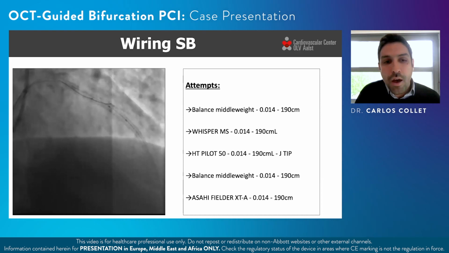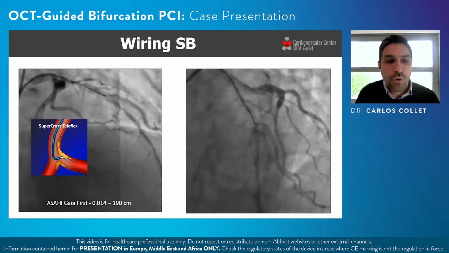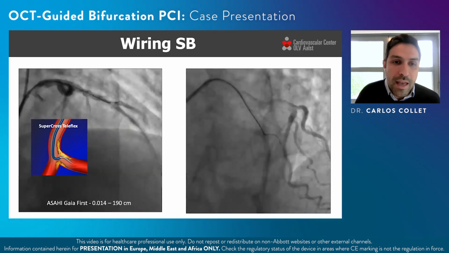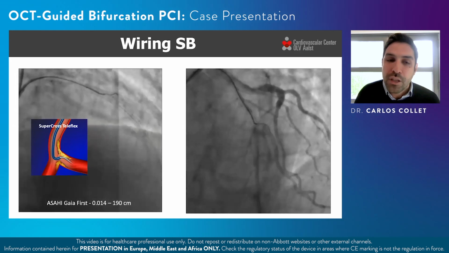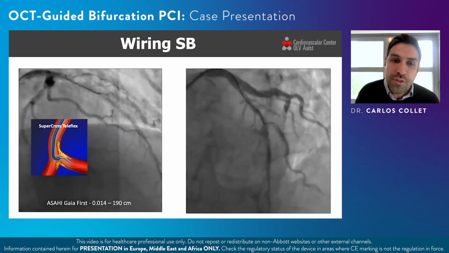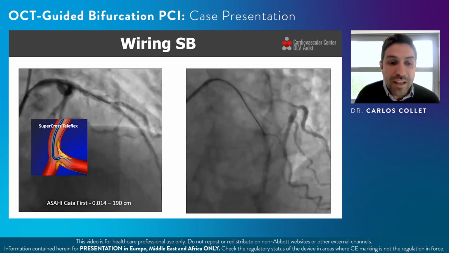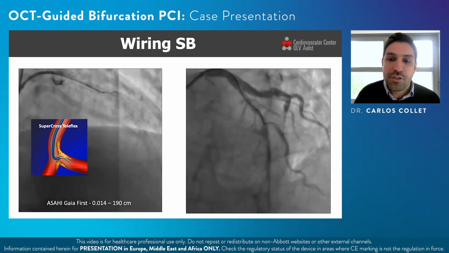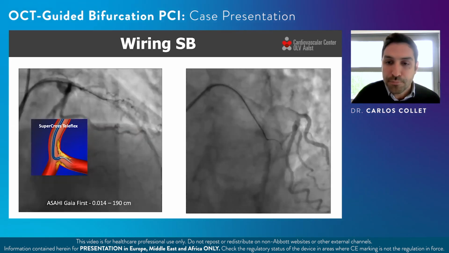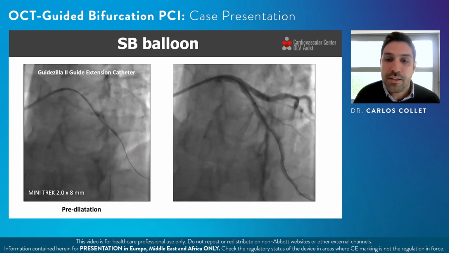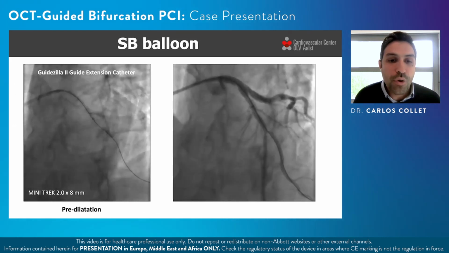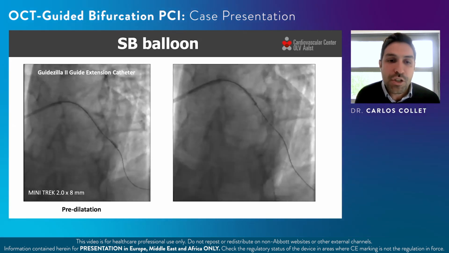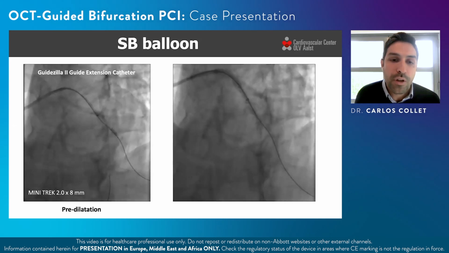So finally, we decided to use a microcatheter, a Super Cross from Teleflex, which has a 120 degrees angulated tip. And using this microcatheter oriented towards the ostium of the side branch and using a Gaia first, we were able to go inside the diagonal, as you see in the right picture of the LAO cranial. We finally were inside the side branch. We had some issues trying to cross this side branch with the balloon. So we used a guide extension. You see the guide extension there coming inside. We started with a small balloon at